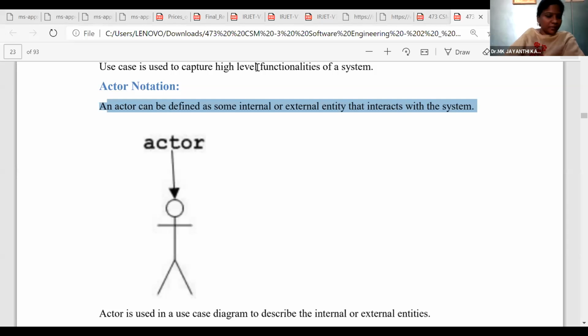Only 50% people answered. Can anyone explain what is a use case diagram and why we are using the actor figure in the use case diagram?